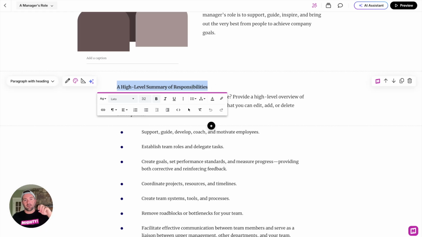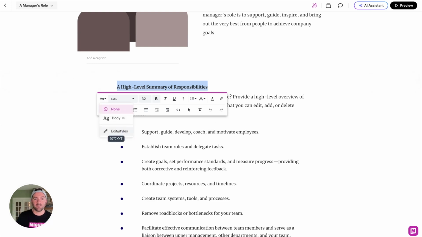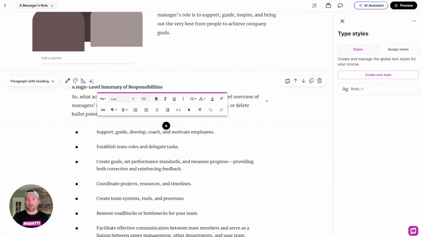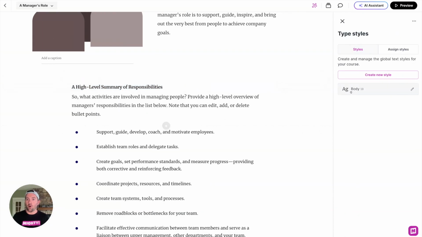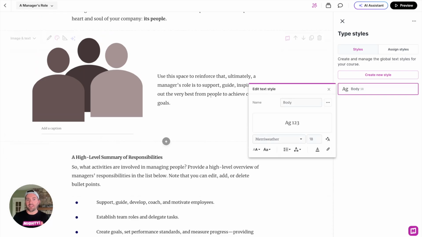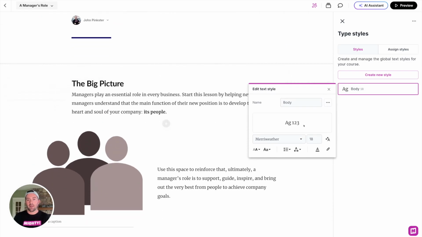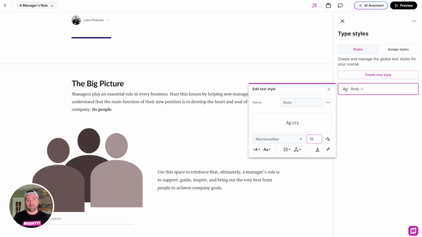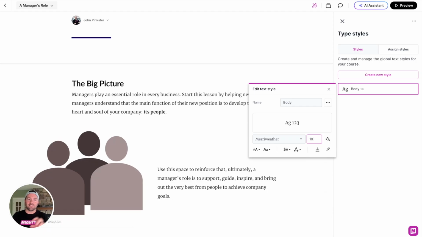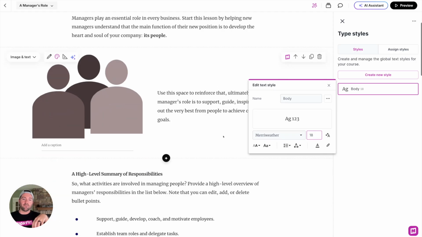So as you saw, this applied my font and my color, which is great. It still leaves it bold just because that's how Rise works with these headings. But the other thing that you can do is open this edit styles panel, which we've got a shortcut to do. So you can even just hit that shortcut and that will open this up here. And once you've opened that up, you can start to make little modifications. Like now that I see it in my course, maybe I want to adjust it to be more like font size 16. So I'm just changing that, and you can see it's automatically adjusting all these blocks